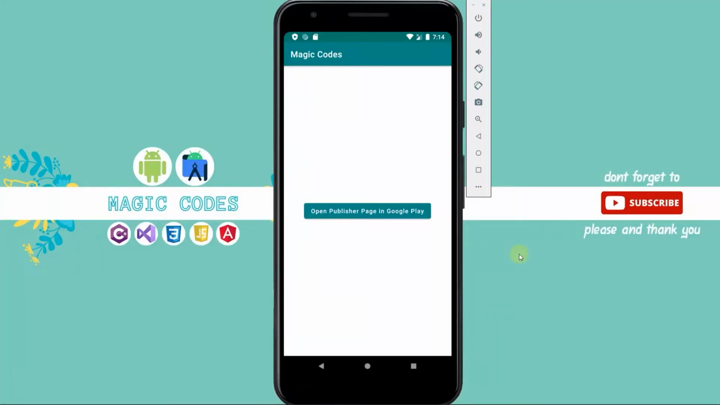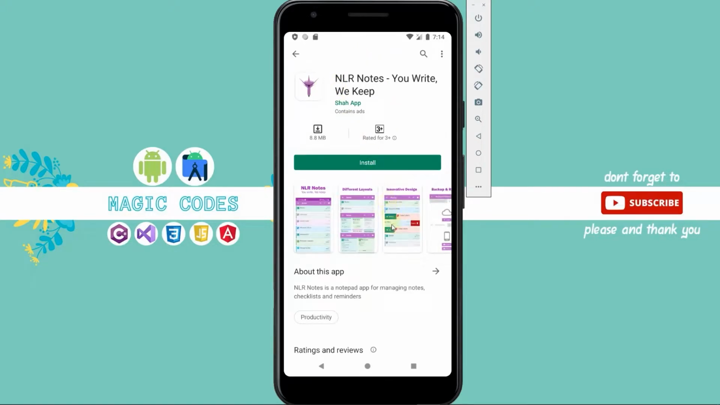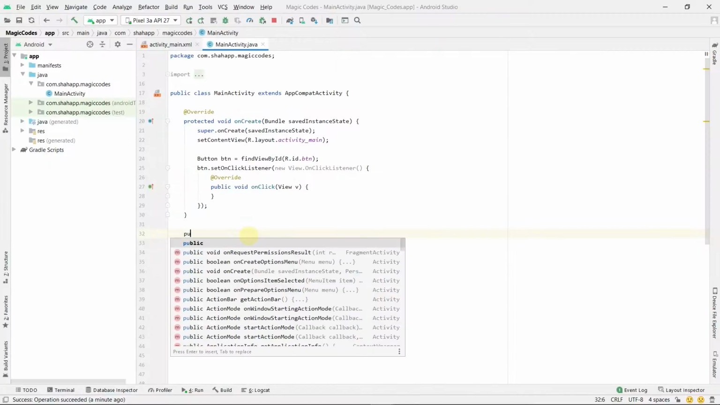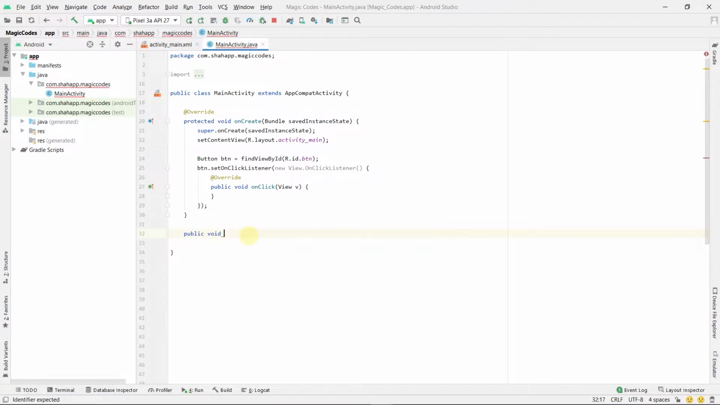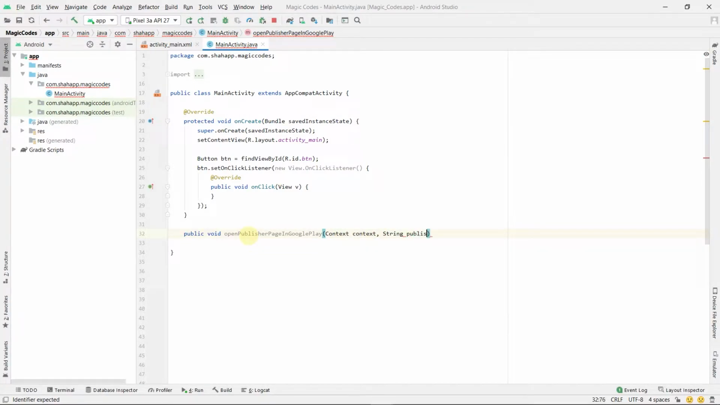In this video, we learn how to go to our publisher page or company page in Google Play Store. Create a new method. Open publisher page in Google Play and pass two parameters, a context and a string, which is the publisher name,